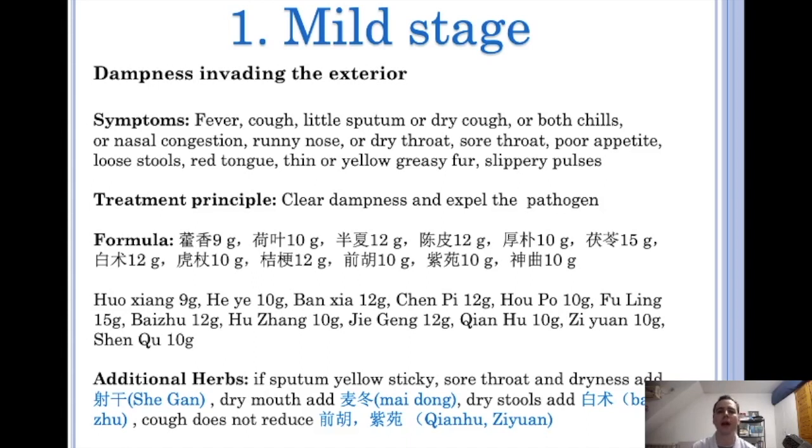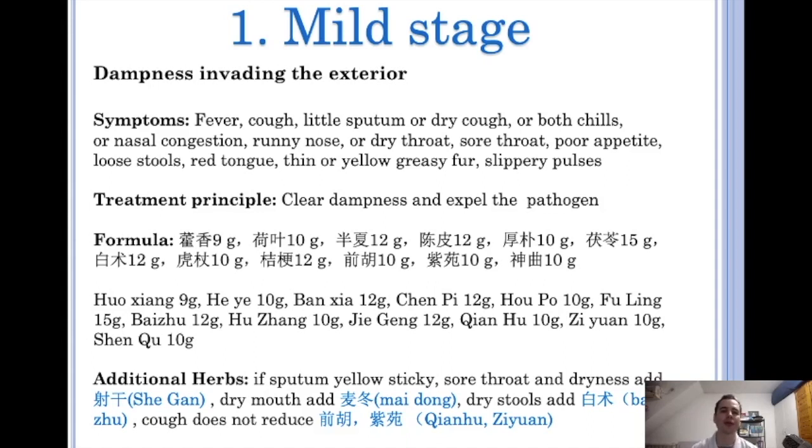Later we're going to talk about why, and as we see, we have some symptoms that are related with these two meridians, okay. Then we're going to have a red tongue with thin and yellow greasy fur. So actually, this greasy yellow fur is really common for this virus. Sometimes it's thin, but sometimes it's thick. And that means that there is dampness inside, okay? And the pulse is going to be slippery, a really typical pulse for dampness pathogens invading the body, okay? So there is nothing really to say there.